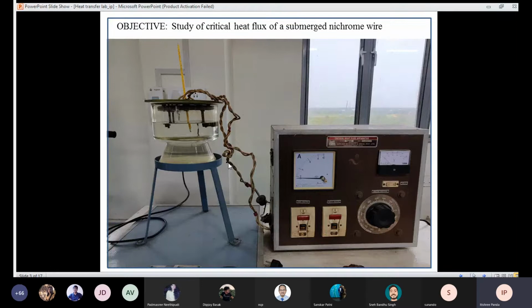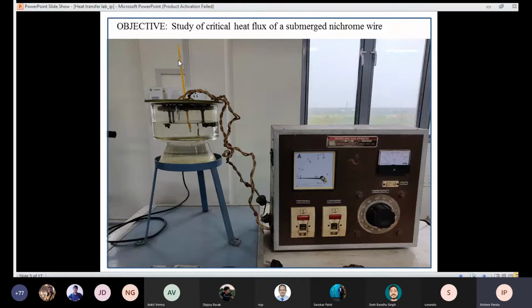Now there is this big bulk heater. I hope you can see this. You want to heat your water. The purpose of that big bulk heater is to raise the temperature of the water contained within here to some high level, let's say 50 degrees centigrade. The thermometer essentially tells you the temperature of the liquid when you are using the bulk heater. So you initially switch on your bulk heater and raise the temperature to 50 degrees centigrade, and then you switch off that heater and let it come to some sort of equilibrium by keeping it underwater for 1 minute or so. Then you stir it and you measure the temperature.